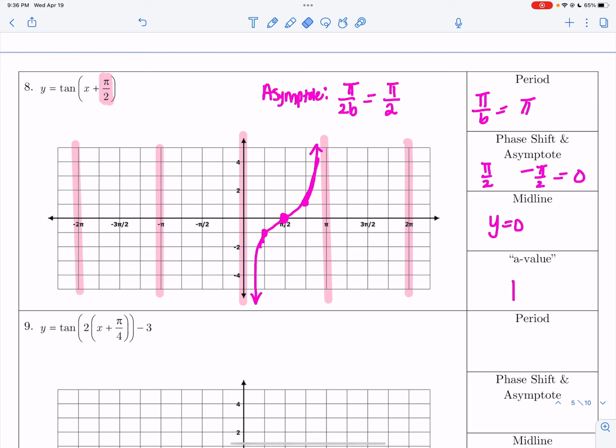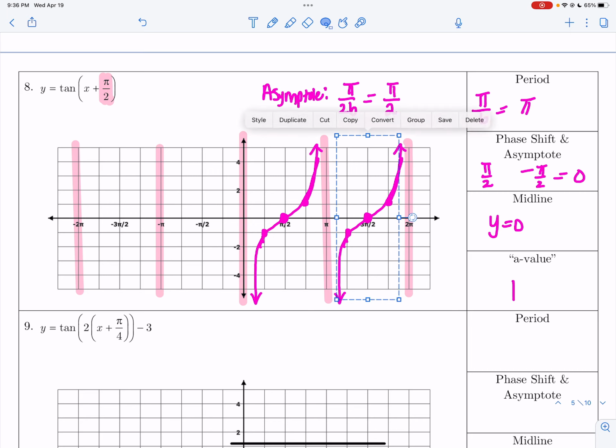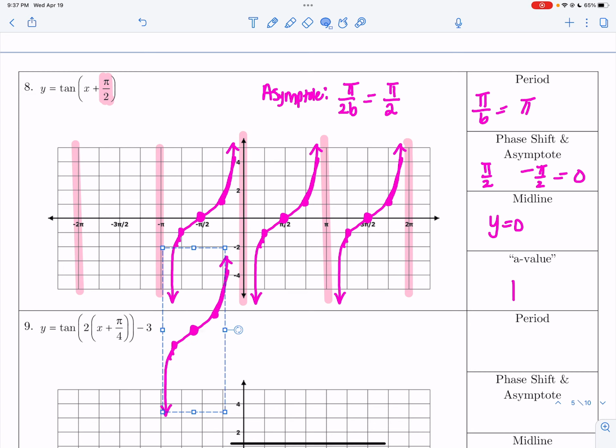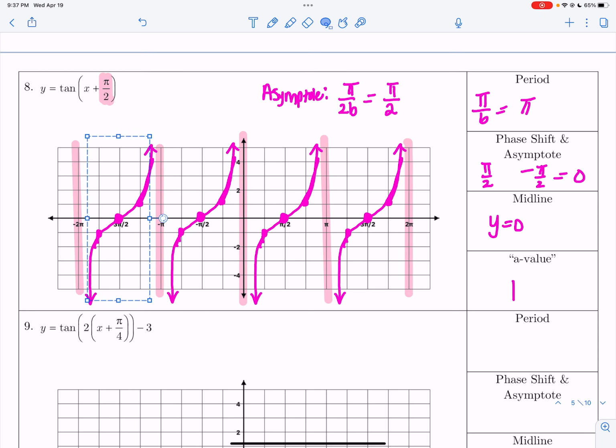Once you get those points and they are graphed and pretty, we're going to play a game of just copy and paste it. Lucky for me, I have Notability. Unfortunately for you guys, since this is on paper, you're going to need to sketch this out. Now,